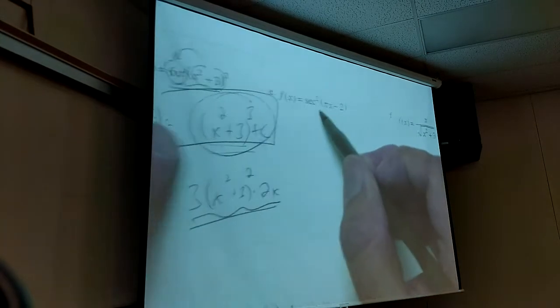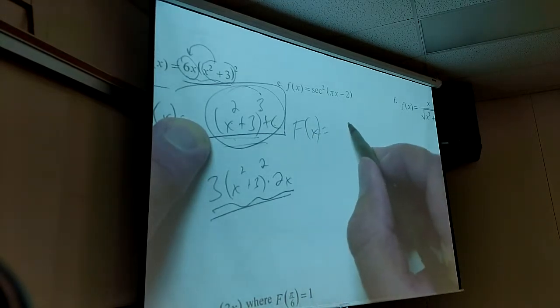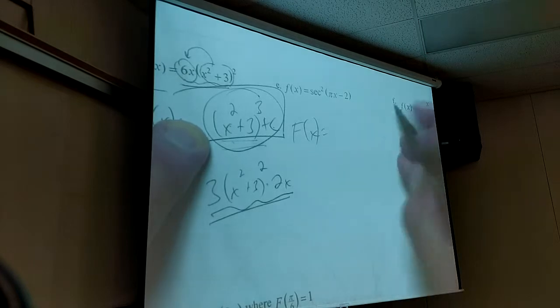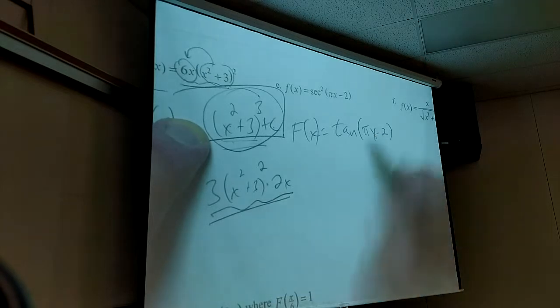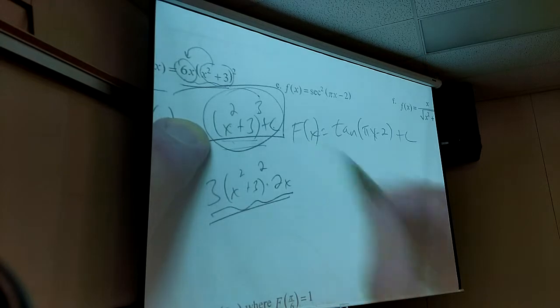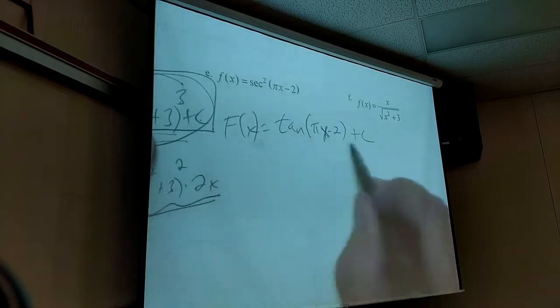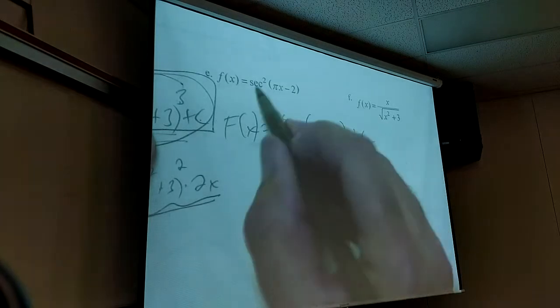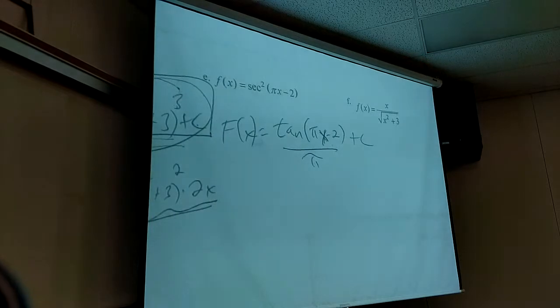What about this guy? Where'd secant squared come from? Secant squared comes from what? It's the derivative of tangent. So I know it came from this. But when I take this guy's derivative, what's the extra piece that comes out? Poor little x. If I take this guy's derivative, I get secant squared times this pi. I don't want a pi. So I divide by pi. You can either put a 1 over pi in front, or put it over pi, whatever kills that pi that wants